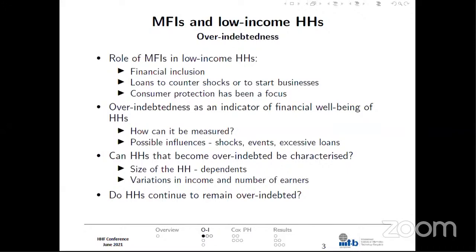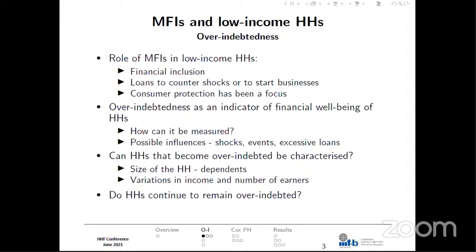From a policy decision point of view, we present a model, so that if a household with a particular history were to come and apply for a loan, or were to say that, look, I'm in need of something, then perhaps the use of these models can help in customizing formal financial products to ensure that the household doesn't become over indebted. One of the things we wanted to focus on, because we look at longitudinal data, is whether over indebtedness is a permanent state of the household, or something transient. Do households continue to remain over indebted, or do they get out of this state and come into some sort of solvency? Okay, so this is a brief introduction to why we chose over indebtedness as something to be measured